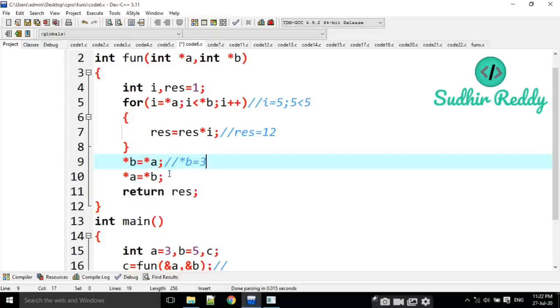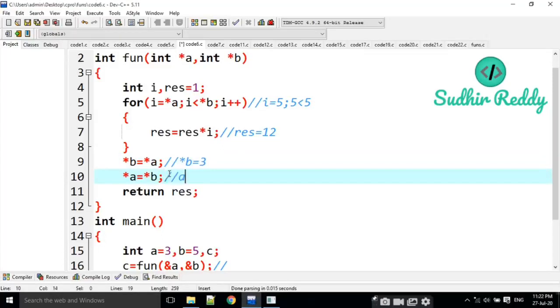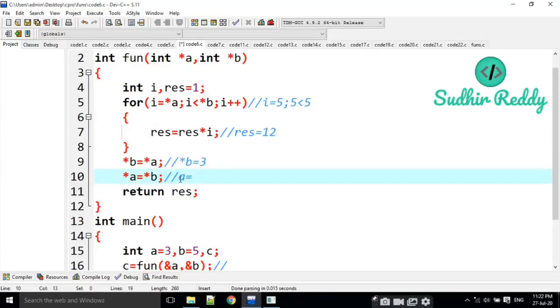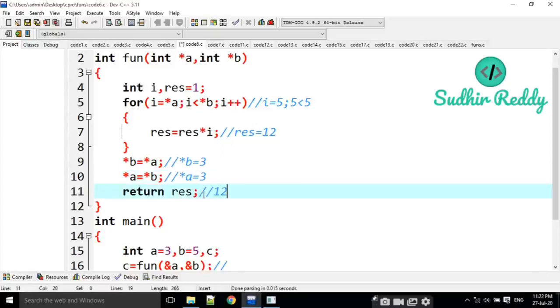B value is 3. Then A is equal to B. What is B value now? At this line B value is 3, right? Then A value also 3. Okay, now this is not swapping logic. A value is 3 and B value is also 3, and we are going to return 12 here.